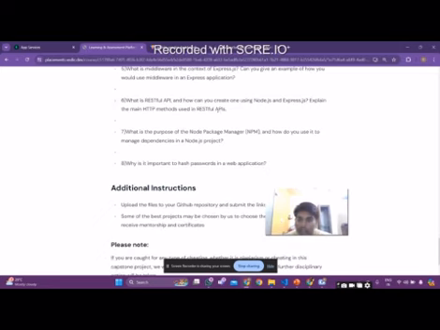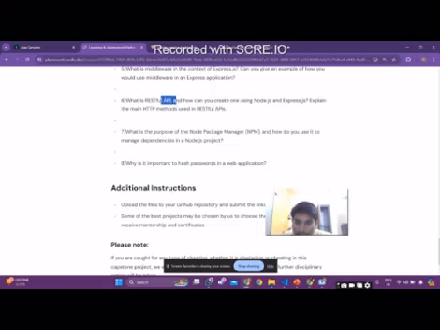Otherwise, he cannot. So coming to the sixth question, what are RESTful APIs and how can you create one using Node.js and Express.js? Explain the main HTTP methods used in RESTful APIs. Coming to RESTful APIs, it is a representational application program interface. We can use it in Node.js and Express.js. The main HTTP methods are post, which is used to retrieve information, and put, which is used to update information. The delete method is used to delete information in MongoDB, and so on. We can use any HTTP methods to get information.